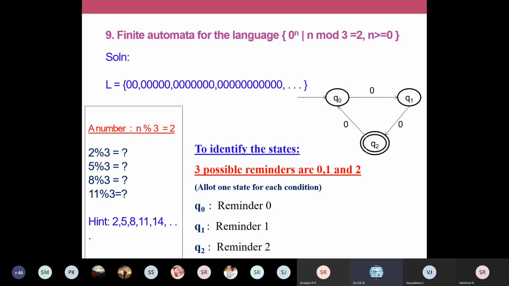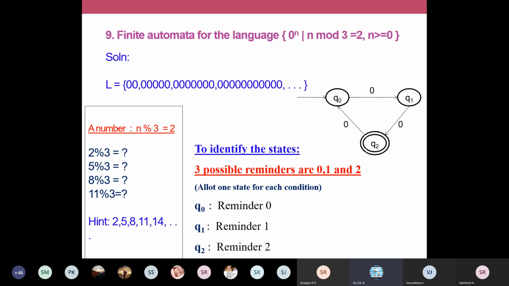Can you guess the numbers now? So you just write down numbers sequentially, one by one. 8, 11 mod 3. So 11 mod 3 means 9 is divisible by 3, so the remainder is 2. Okay. So all these answers are correct. You must have a remainder 2.